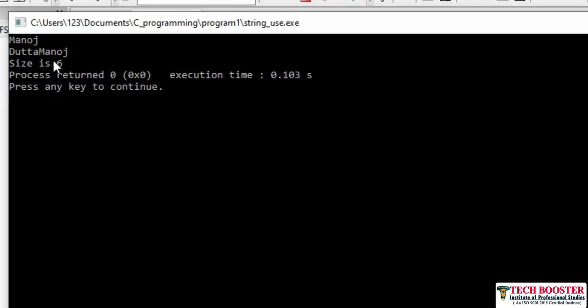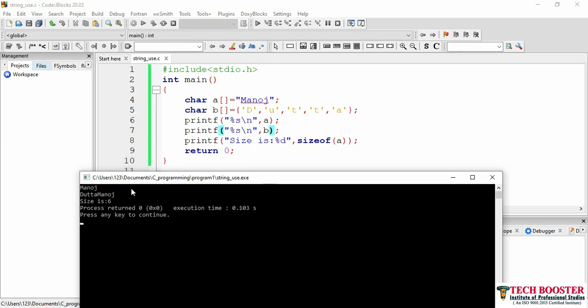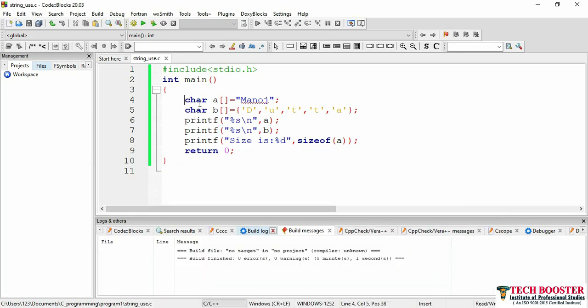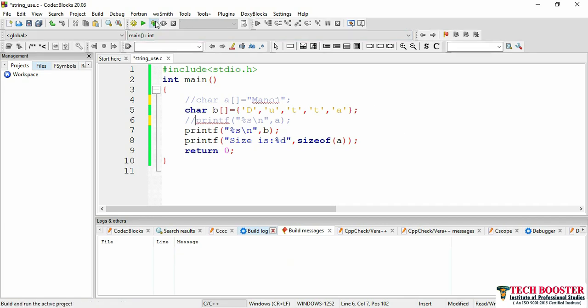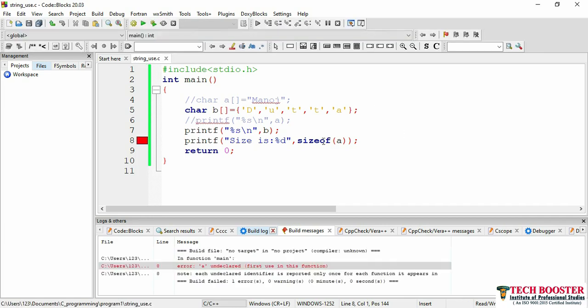here you can see I have Datta, but after my Datta, again I am printing Manoj. This one should not have been printed. Why am I getting this? If I comment out this particular line, and again run this one, okay, here I need to comment this one because here I don't have anything called A. Now once you run this one,